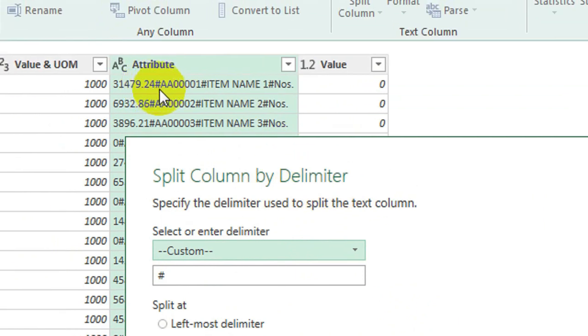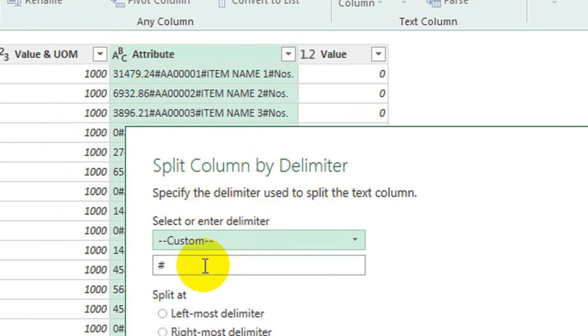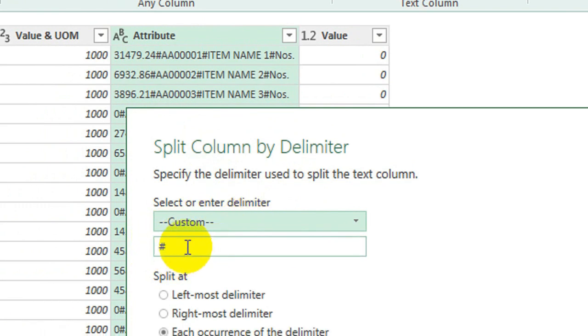You will find there is a hash in the middle of each value. For that reason I use the hash between the two values, and Power Query, being so smart, automatically selects the custom option and puts the hash as the delimiter.